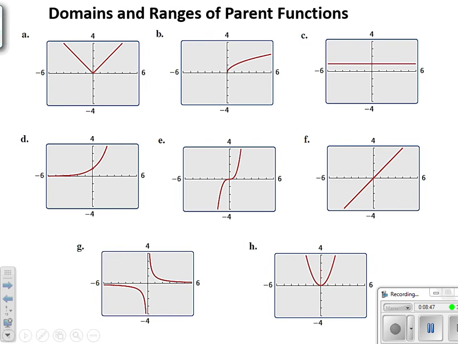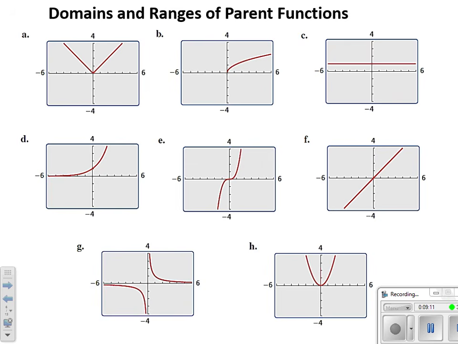So just a quick explanation of domains and ranges and how we're going to write them in this class. We're going to use what's called interval notation. And all this is, it kind of looks like points, like ordered pairs, but instead of it being x comma y, it's referring to a range of numbers. So it's a list of numbers where we are going to get an output, where we're going to have a result.